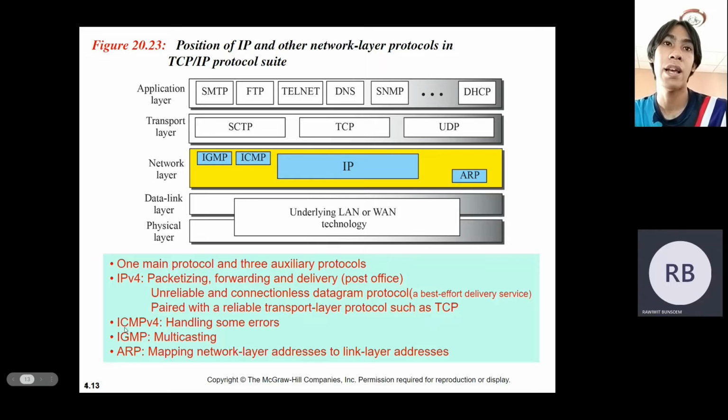ICMPv4 handles some errors. IGMP handles multicasting. ARP maps network layer addresses to link layer addresses. The next is